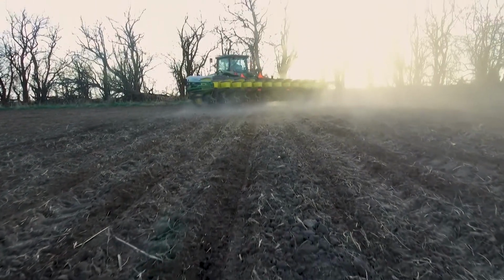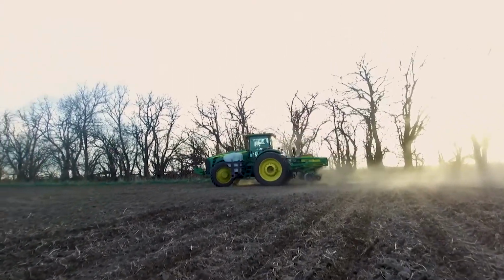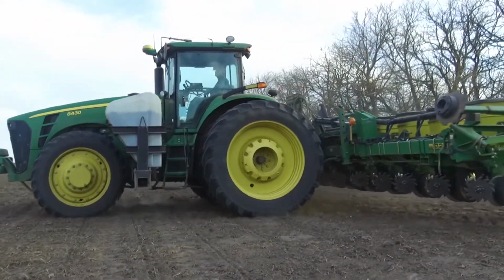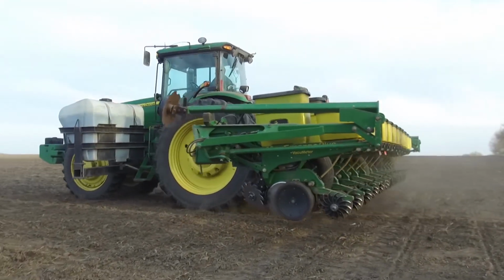Having a good rapport with your agronomist and seed dealer will be essential in getting your equipment up to snuff for the upcoming growing season. If you can get a good plan on your hybrid placement and make sure your equipment is tuned up, you should be well on your way to a